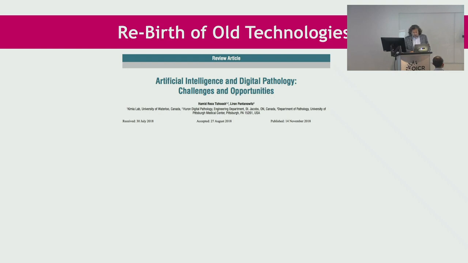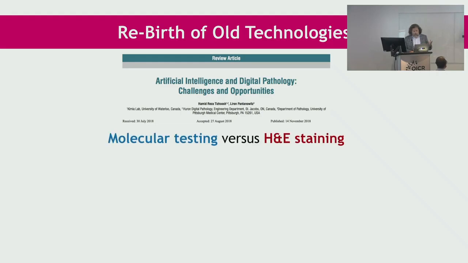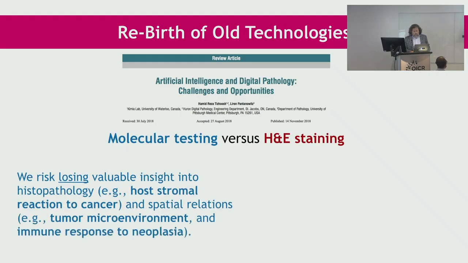One of the things that computer vision and AI are doing is the renaissance of old technologies like H&E. H&E is everywhere. H&E is cheap. We have automated the process. It's everywhere. Compared to IHC, which is more expensive, not fully automated, is highly selective, you need a lot of knowledge to do that. So if you look at molecular testing versus H&E staining,